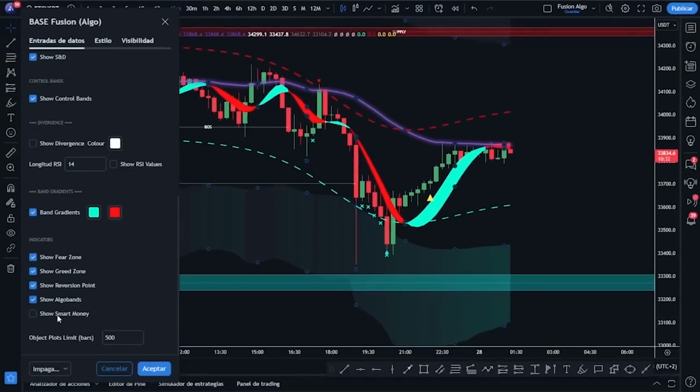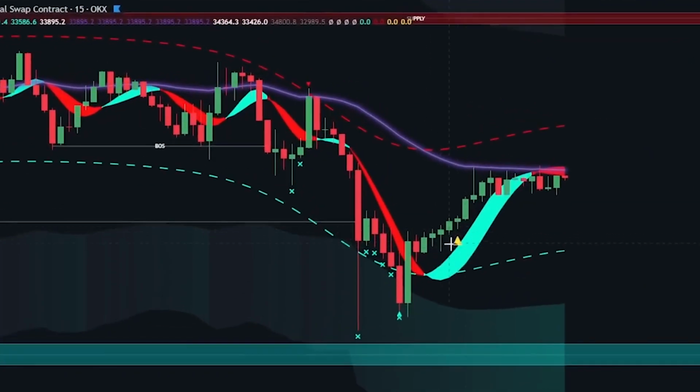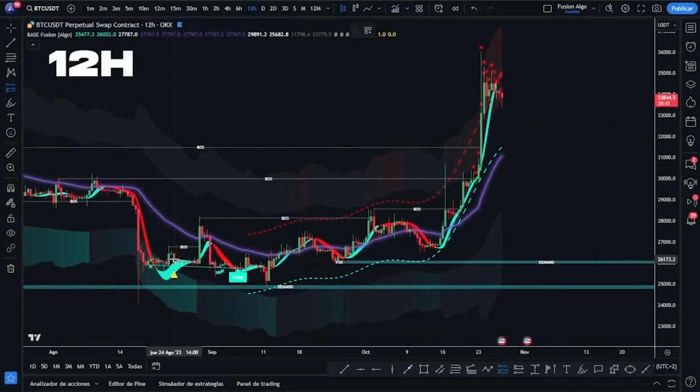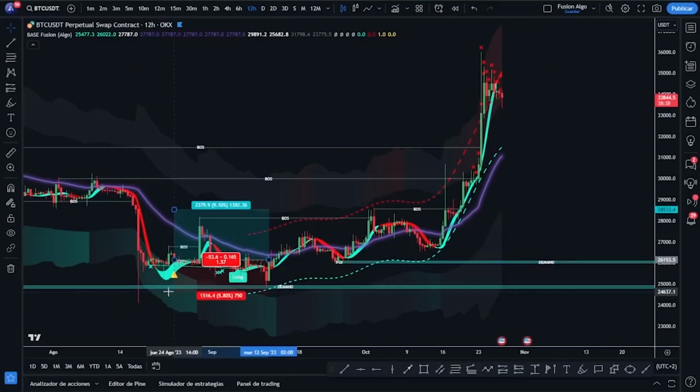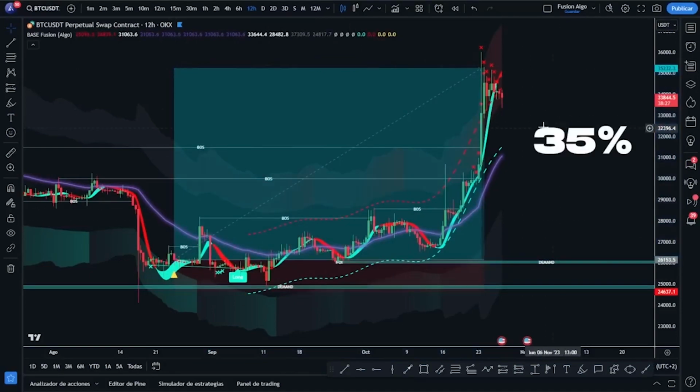But this continues, and that is that here we are also looking at both reversal points and the so-called algo bands. The reversal points would be these yellow arrows, which are mainly designed to trade in higher time frames, for entire trends, as we can see for example here in 12-hour time frame, where just in this candle marks that big trend change in the market,